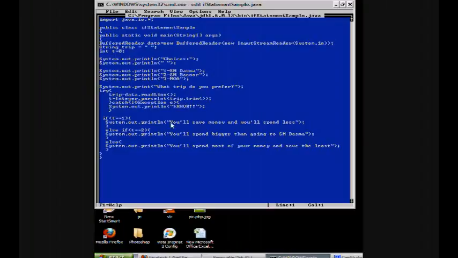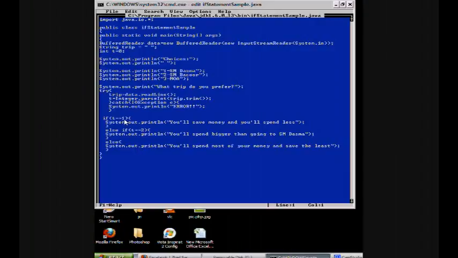The next line is the statement wherein you will display the message. The second else if is the second condition and also displaying the corresponding message, and the last one is the last else. And here's the final statement. So as you can see here, there are three conditions displayed.